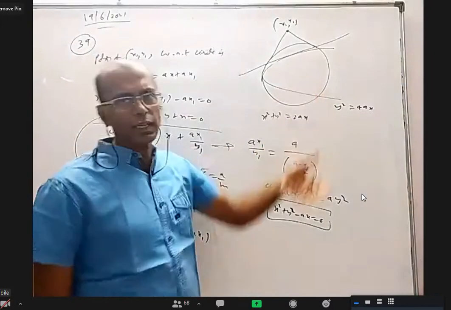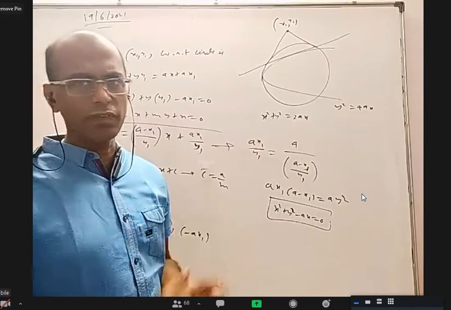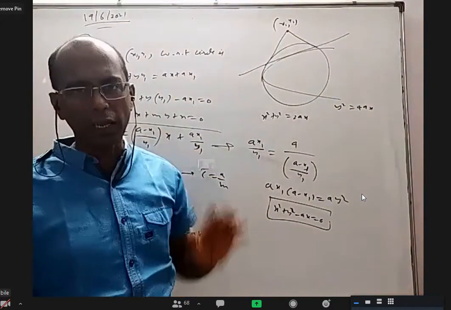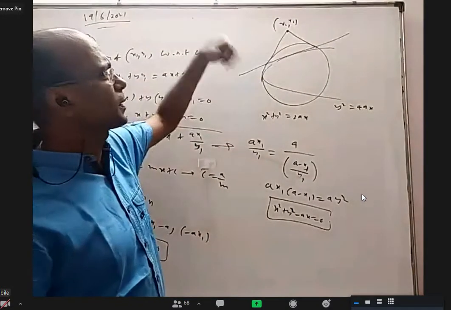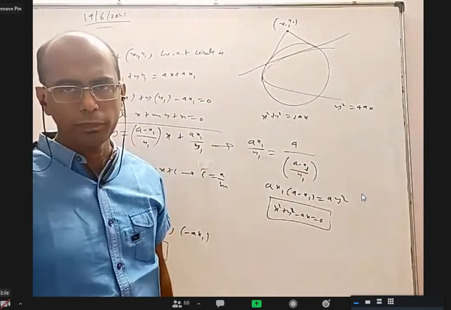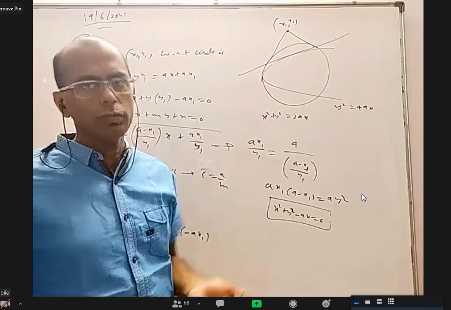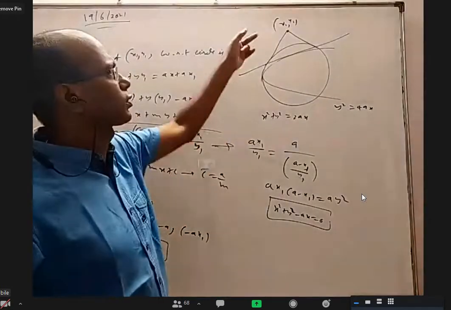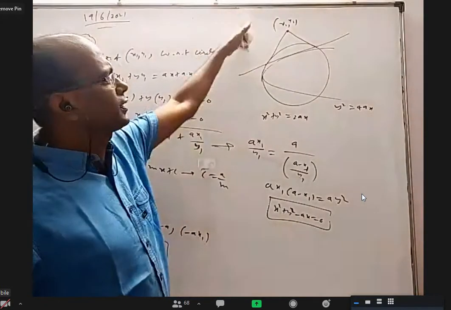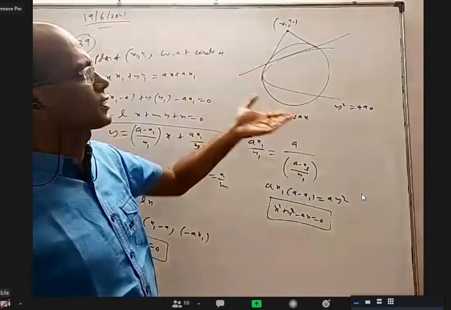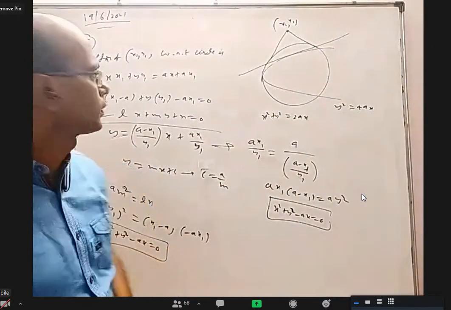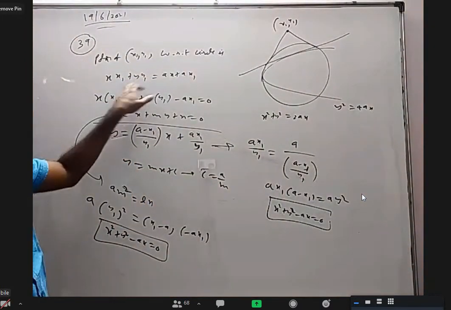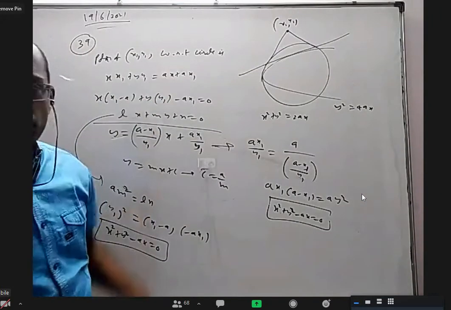The parabola has a lot of tangents. You don't even need the exact figure. The parabola has a lot of tangents. They're all lines. Those lines with respect to the circle have poles. Every line will have a pole with respect to the circle. What is the locus of that? Take that point as x1, y1. With respect to the circle, you find the line, the polar. Find the polar with respect to the circle. This line, what should it be?